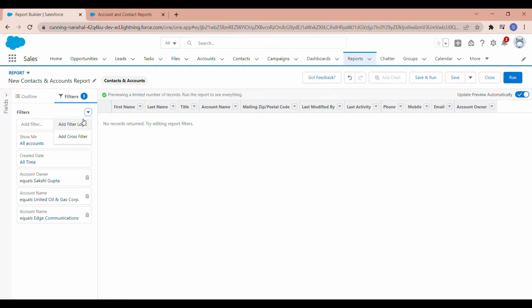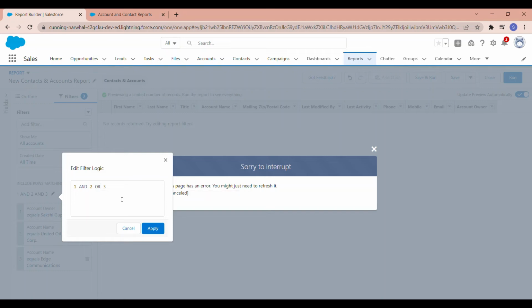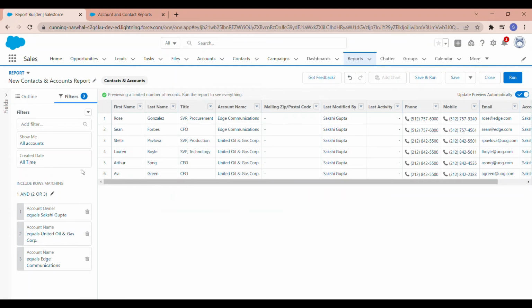So what I'm going to do, I'm going to add a filter logic. I'm going to say 1 and 2 or 3. See, now I have 1 and 2 or 3. So I want either of these and the owner is me. Now this is how it looks,